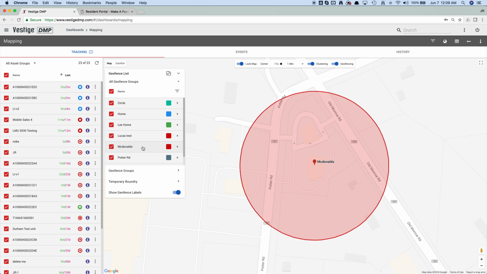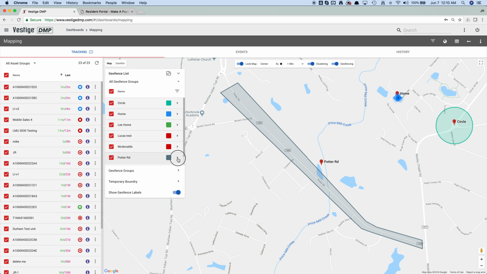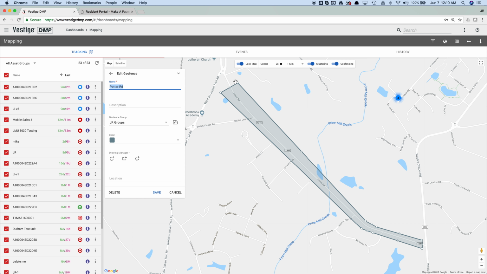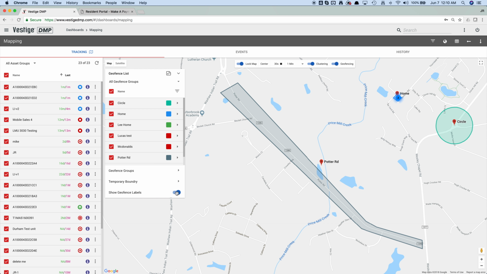We can edit a geofence by clicking on the right arrow next to the color property for a geofence. This changes our card's view to Edit Geofence. Here you have all the controls you would when creating a new geofence. You can drag any of the points to change the shape and size of that geofence. You can change the name, add a description, or change its color. We could save or cancel these changes. Here we will cancel and the geofence will return to its original shape and color and take us back to